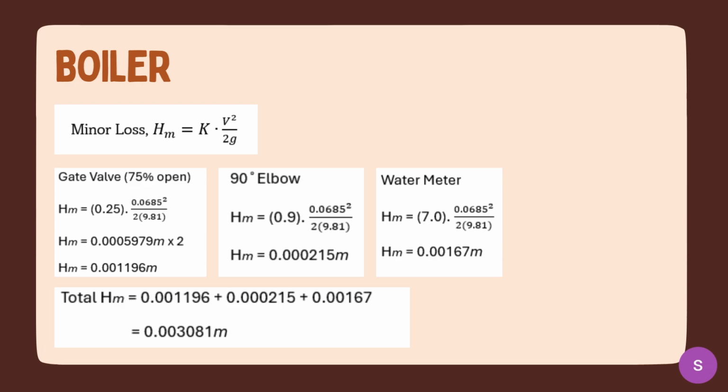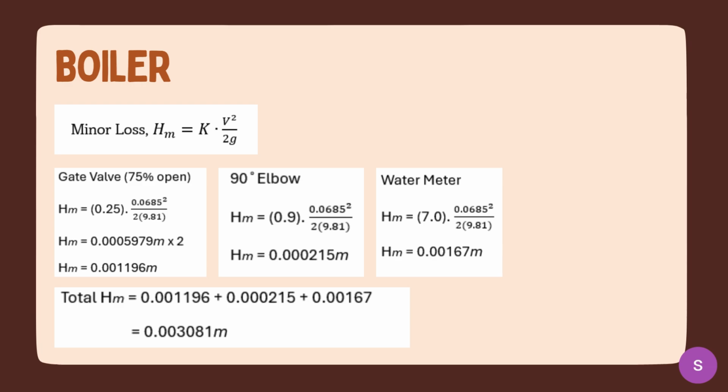K is the coefficient for the bendings and fittings. The bendings and fittings in the boiler process are gate valve, 90-degree elbow, and water meter. For gate valve, the coefficient is 0.25, 90-degree elbow is 0.9, and water meter is 7.0. Then we just substitute all the values in the formula, and we get the answer for